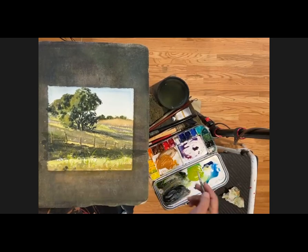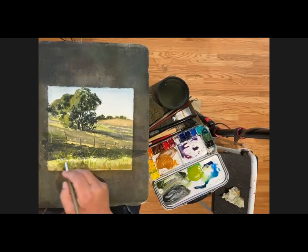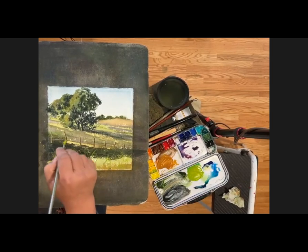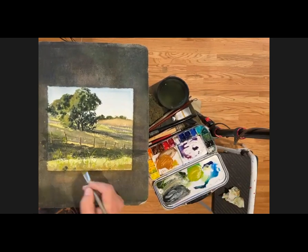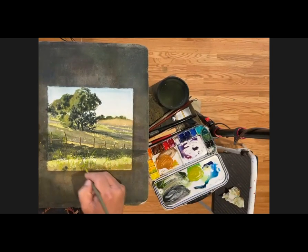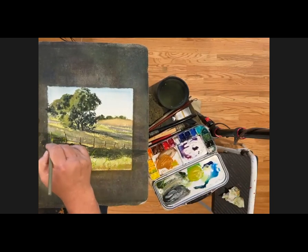So I have a pretty dry brush and the paint is pretty dry. And I think you can see that it's helping capture some light. And it partly is telling the story, right? The story of almost sunset, late in the day, taking some of that yellow ochre, and I'm also mixing it in, and we're gonna get some sunnier, yellowier, but not too perfectly yellow, right? It's a muted, warm yellow. And we're gonna drop in